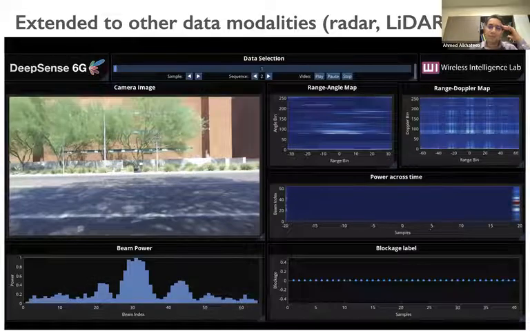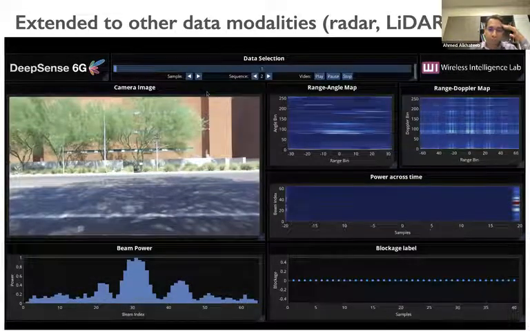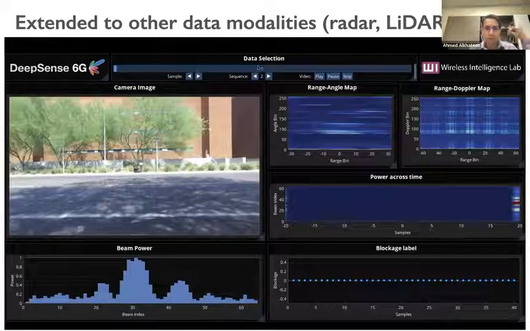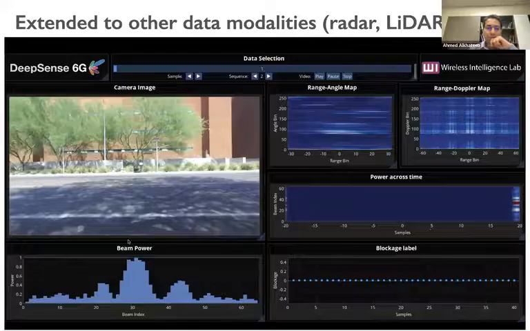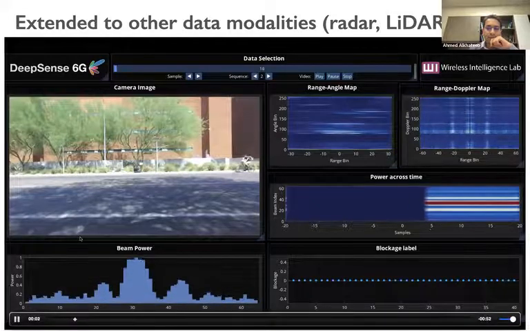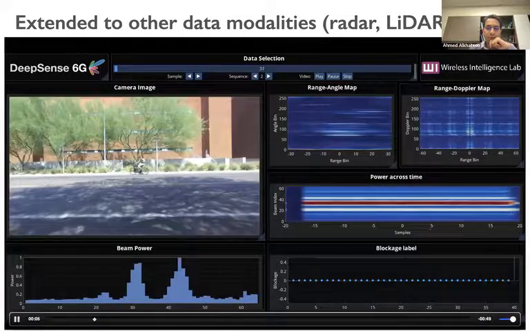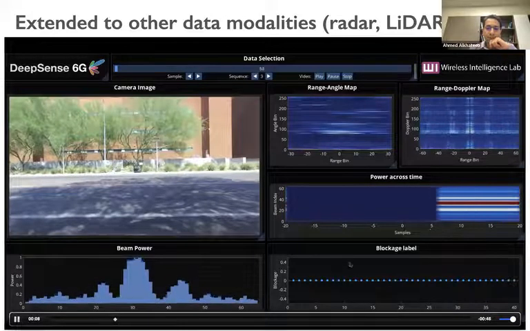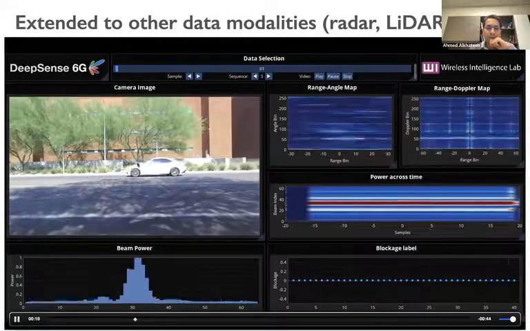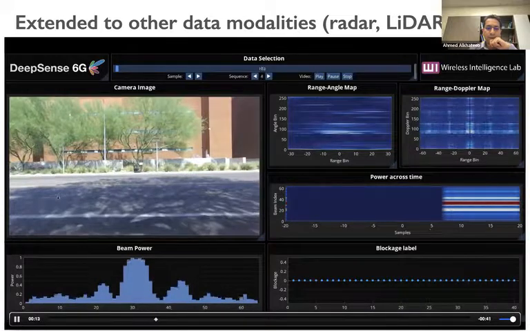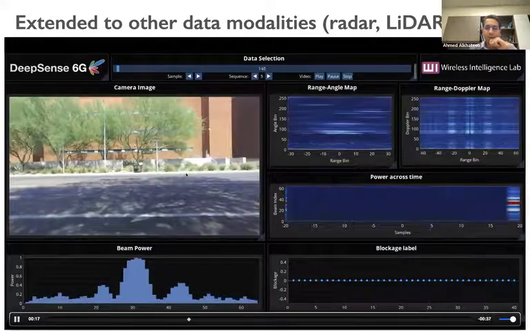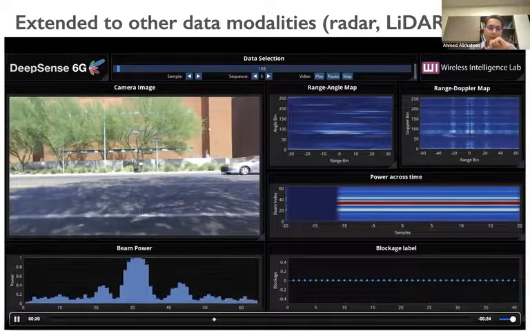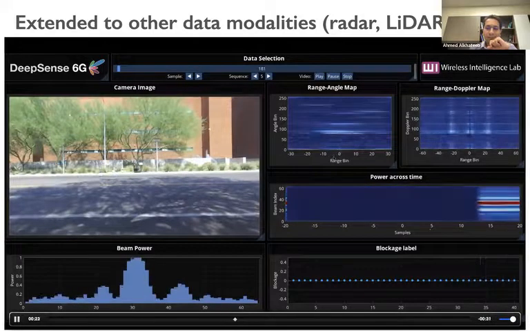And yeah, so we also extended this blockage prediction to other scenarios, for radar, lidar, vision. Again, in my opinion, this work is very initial, with a lot of room for improvement. So this is a sample of the data set where we have radar. This is beam power versus time and beam training. So this is a fixed transmitter, and this image you see is from the receiver perspective. And here you see different classes of blockages, from bikes to pedestrians to cars to buses,